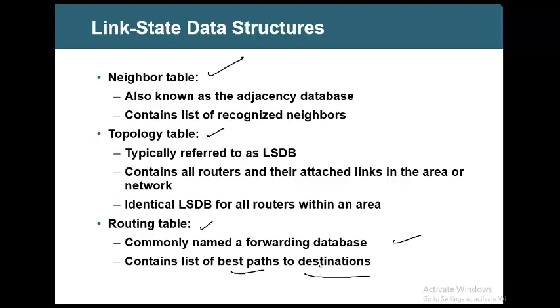Using that best path, the packets will be forwarded. So it is a forwarding database. You may be having many paths to the destination, but only the best path that is placed into the routing table